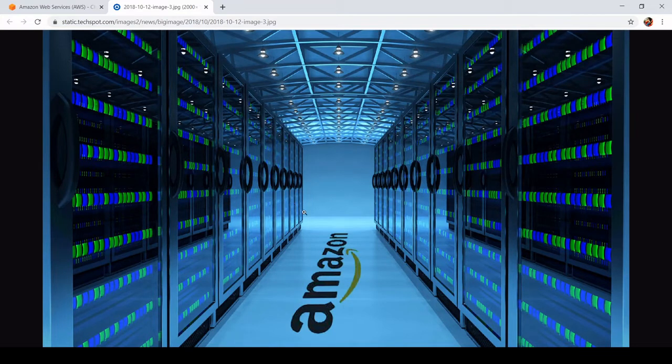This is representing an Amazon data center, and inside this data center we have different web servers placed in these racks, and these are called racks. Inside these racks we have web servers, and each web server contains CPUs, a network interface card, and random access memory, just like our normal laptops and personal computers.